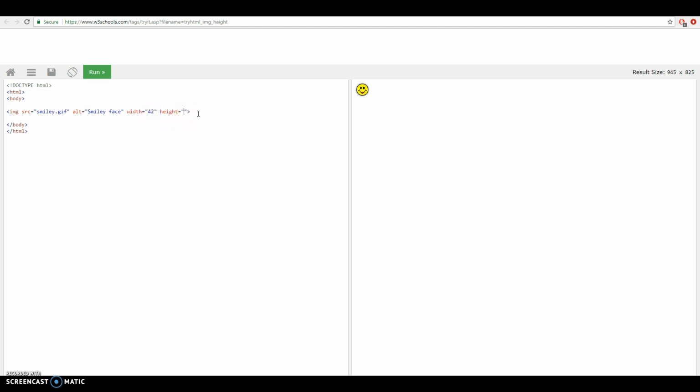Another thing you can do is put auto in there, and as you can see, it shows the exact same thing because it's perfectly 42 by 42. That's how it's supposed to be displayed. So that is one way to do it, right? You can also do, we did 42. Let's do